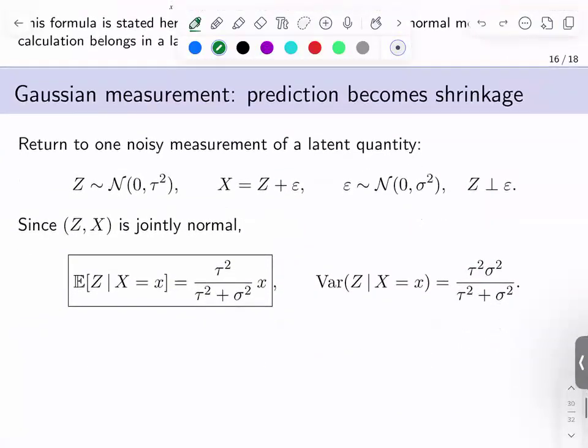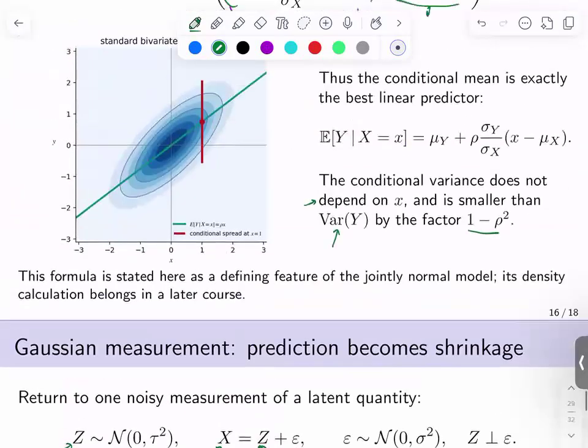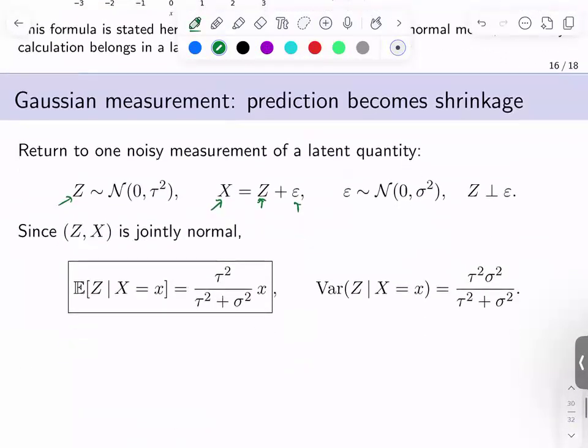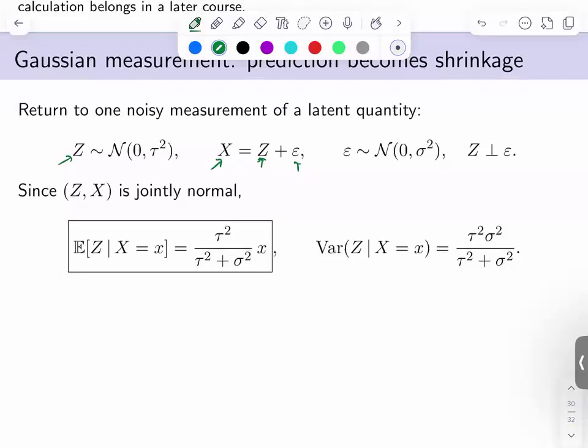So this one I'll let you do as an example for yourself. This is an example where z is a hidden variable, and then you're measuring it. So x, what you observe, is this hidden latent variable plus noise. Both of them are Gaussian and they're independent. They have different variances. And so if you do this calculation, compute the conditional expectation of z given x,